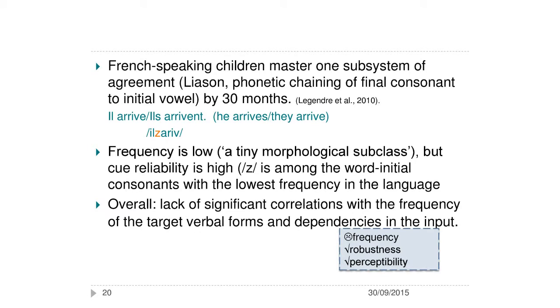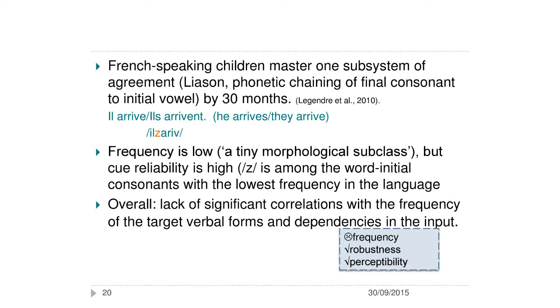They're struggling with this, and the French kids with this little thing that is unreliable because it only gets sounded out if the next word is a particular word that starts with a vowel. They hear ils arrivent and they know where to look. Okay? So the French liaison is a mystery.